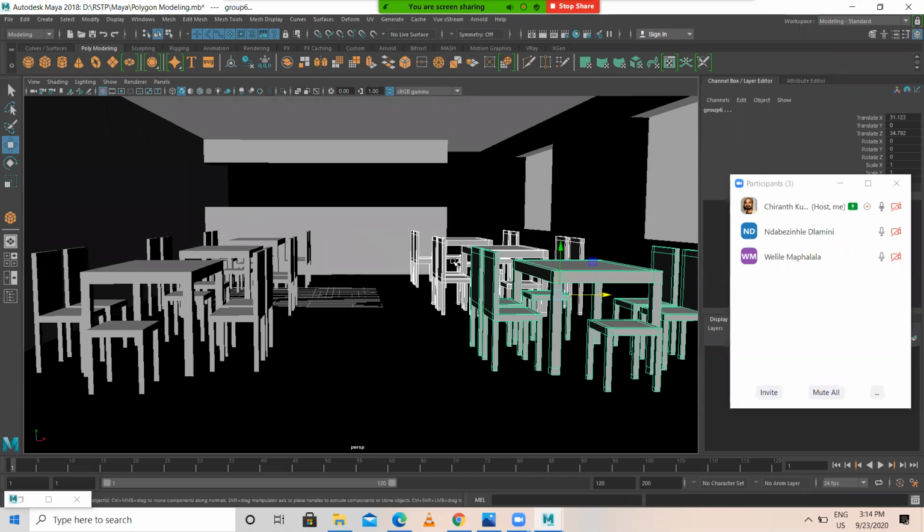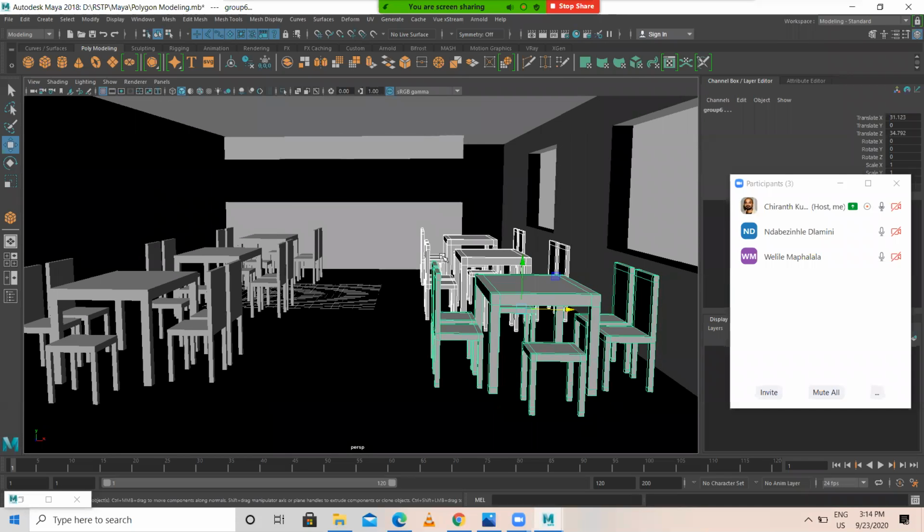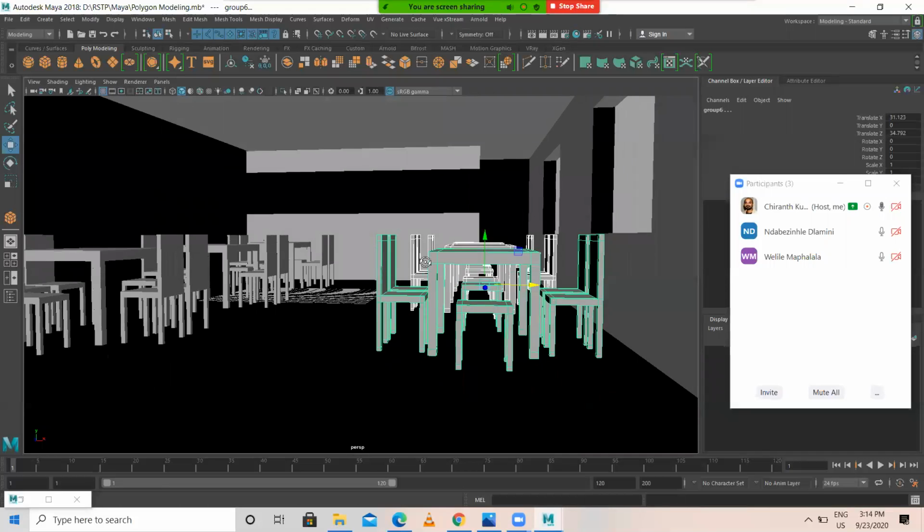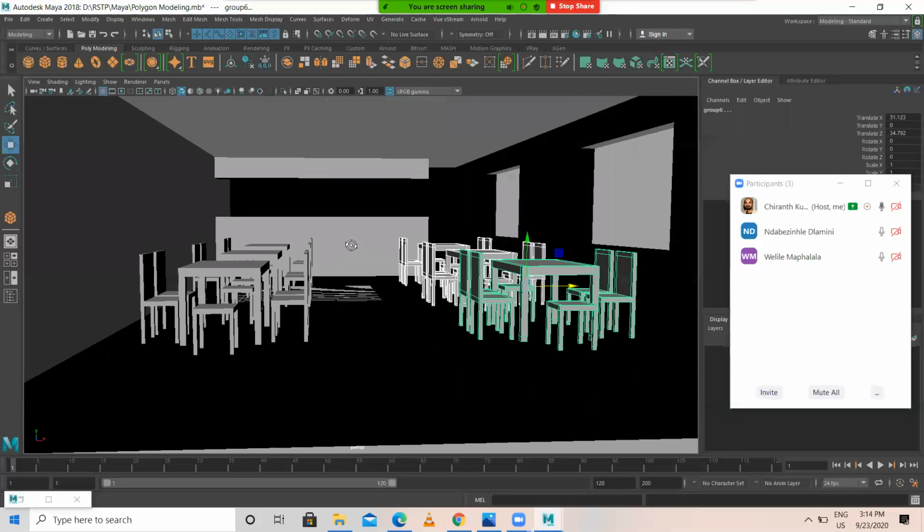There's a path. So I'm just creating an interior setup of a restaurant. Okay. A simple restaurant.